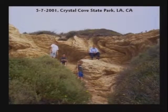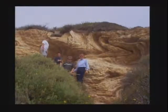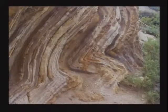You can see the close-ups here of these bent rock layers. We got up and looked at them real close, like with a magnifying glass. There are no cracks in these rocks. These were bent while they were all very soft layers. If they were bent after they were hard, they would fracture. They're not fractured. These were all formed quickly and all bent while they were still soft, and then they hardened